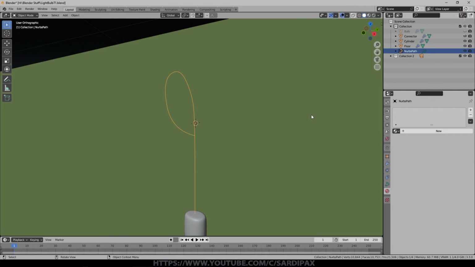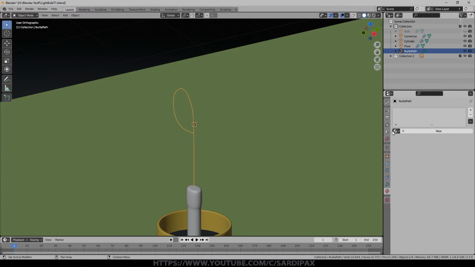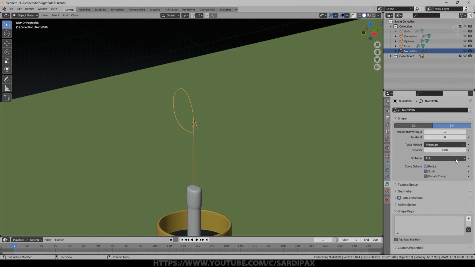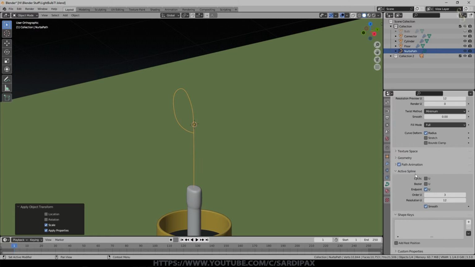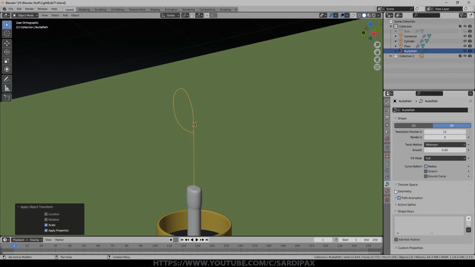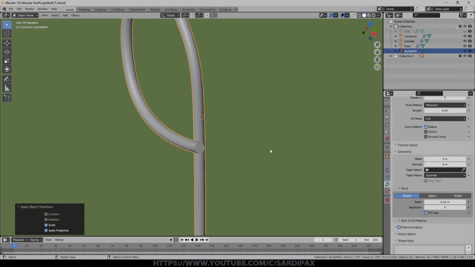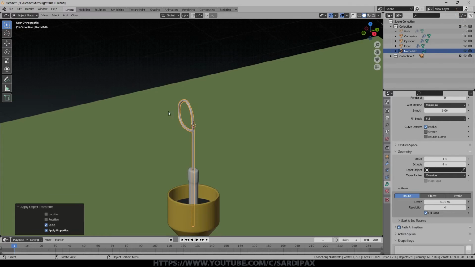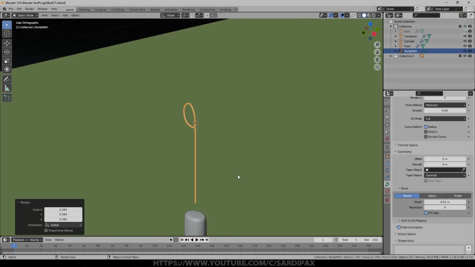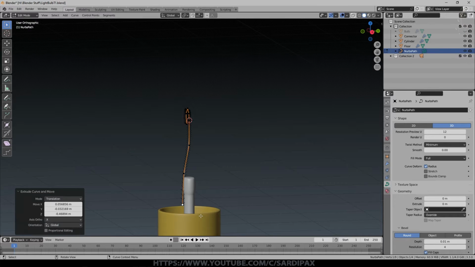But it's not going to be renderable at the moment, so we also need to come down to the curve properties, make sure you've applied scale just in case you've scaled it. Then under geometry you should find bevel. We want a round bevel, and we can then just set the depth of that bevel, and we'll say fill caps as well, although it won't be that visible. Now this is obviously giant at the moment, so I'll just scale that down. Perhaps we'll go for 0.01, they're very thin little wires, and I'll extend it out a little bit with some shape.